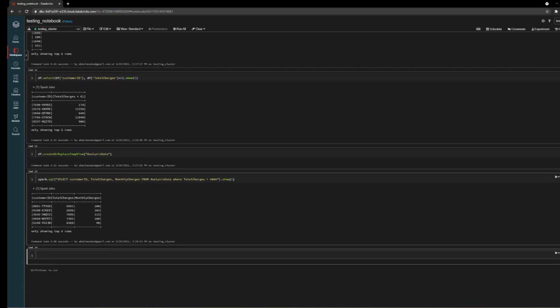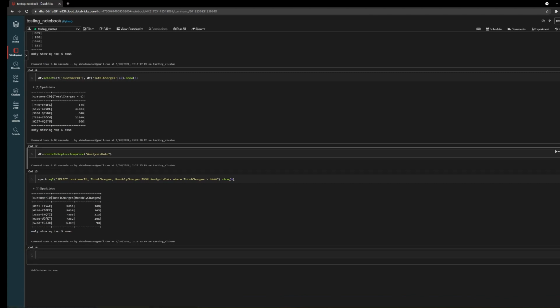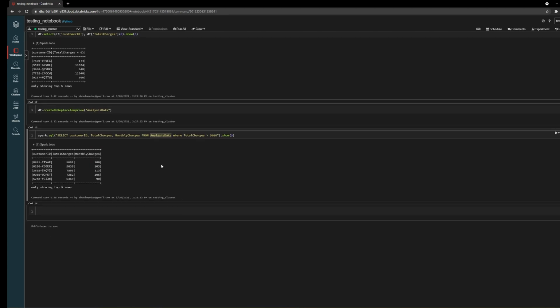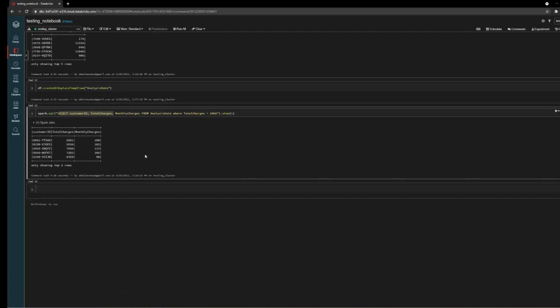So now we're selecting the customer ID, total charges, as well as monthly charges from the table that we created, an abstraction in Hive. We reference that table in our SQL code, and now we've outputted it. So now we can do this actually, even though it's a lot easier to do this in SQL. What if we wanted to duplicate the exact same result, but use